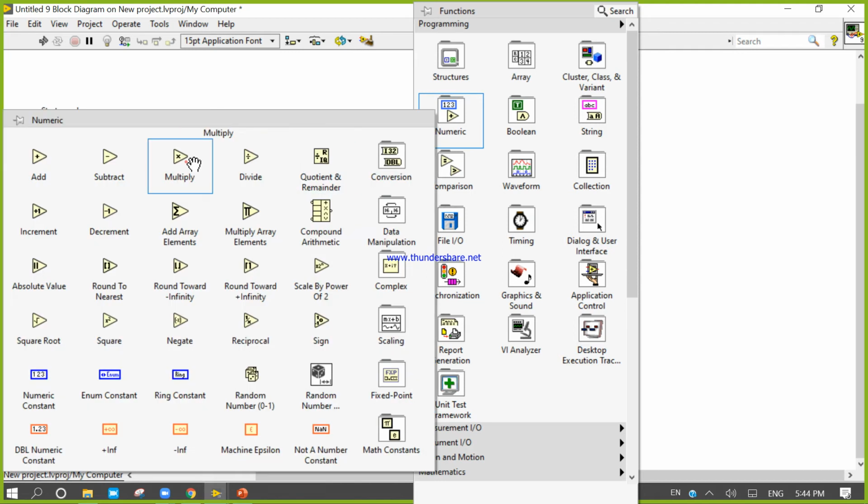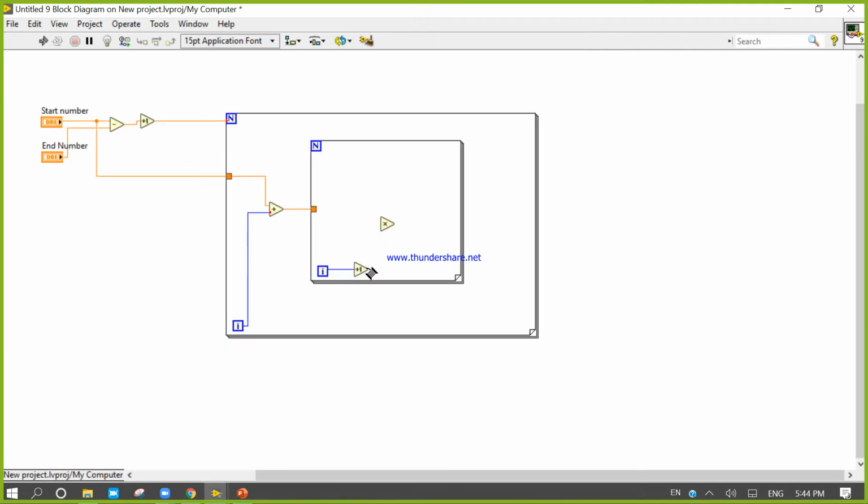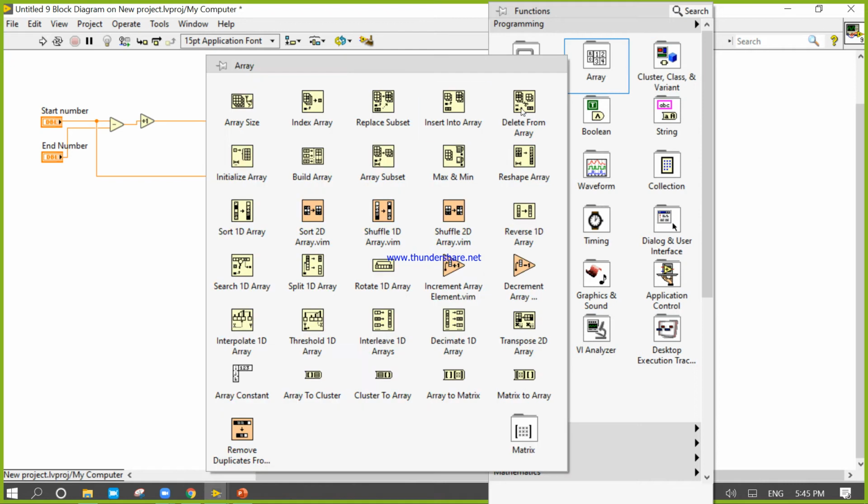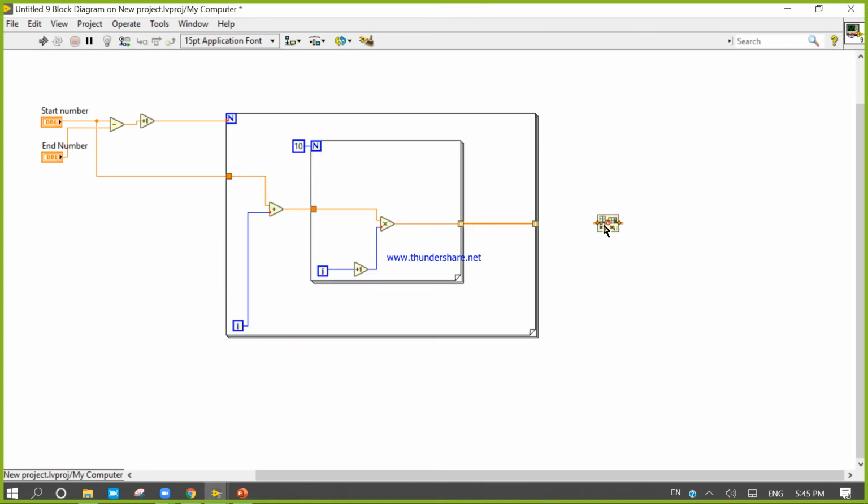Now take a multiplier, create a constant, then Control B. Right click, create the transpose array function.